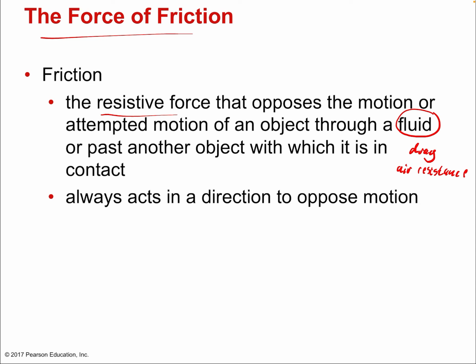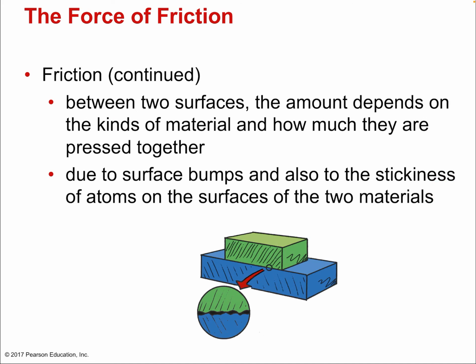It's always a resistive force, and whenever you're anywhere other than a vacuum, there's always going to be some friction. Molecules rubbing against other molecules, molecules bumping into other molecules. And it always opposes motion because it is all the collisions and breaking of small things on the microscopic scale that causes friction. If there's no motion, then there's going to be no friction. So friction between two surfaces is the most relevant to an introductory chapter that's not talking about fluids, especially since we're going to talk about fluids later.